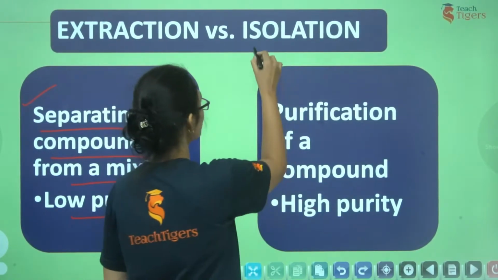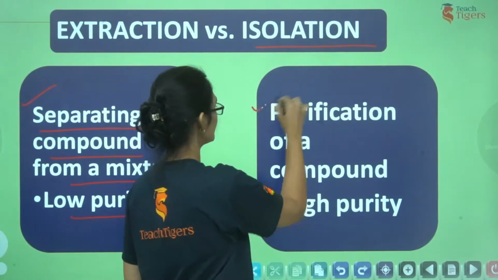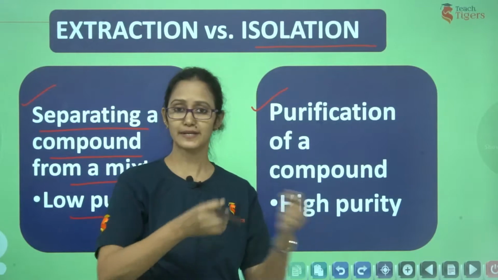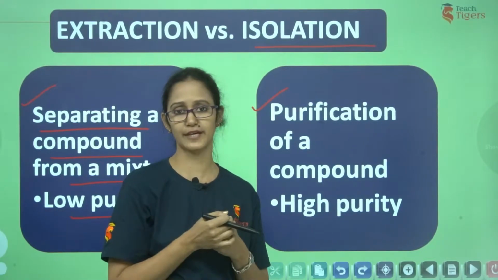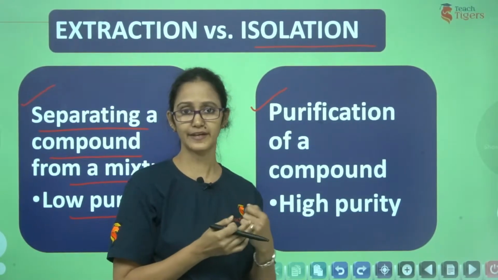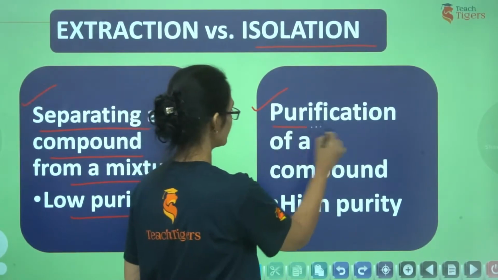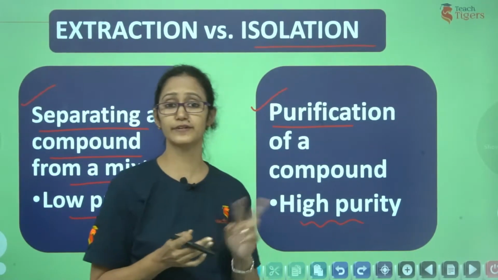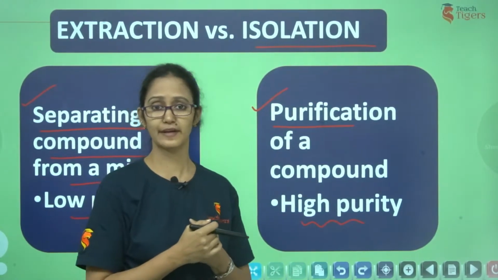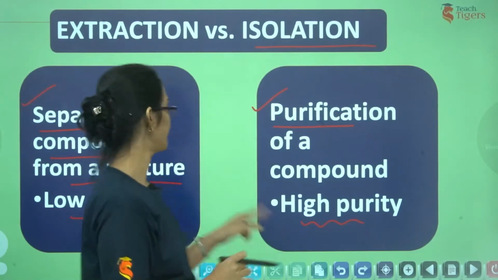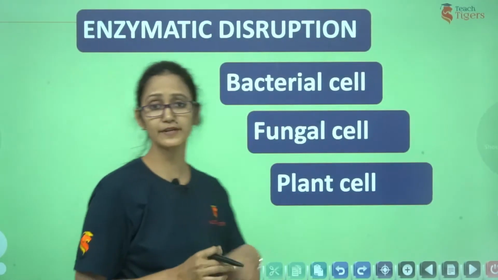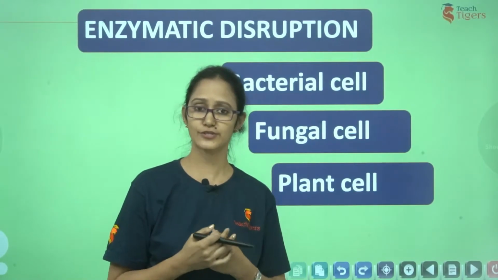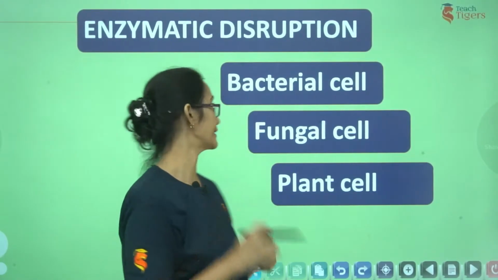Whereas when you say isolation, isolation essentially involves pulling out a DNA molecule completely, pulling out any molecule for that matter, not only DNA, where essentially it is in its purest form. And for this reason, extraction and isolation are two different terms in the context of chemistry, right? So the first step we are going to do is extraction of DNA, and the second step is isolation or purification of DNA.